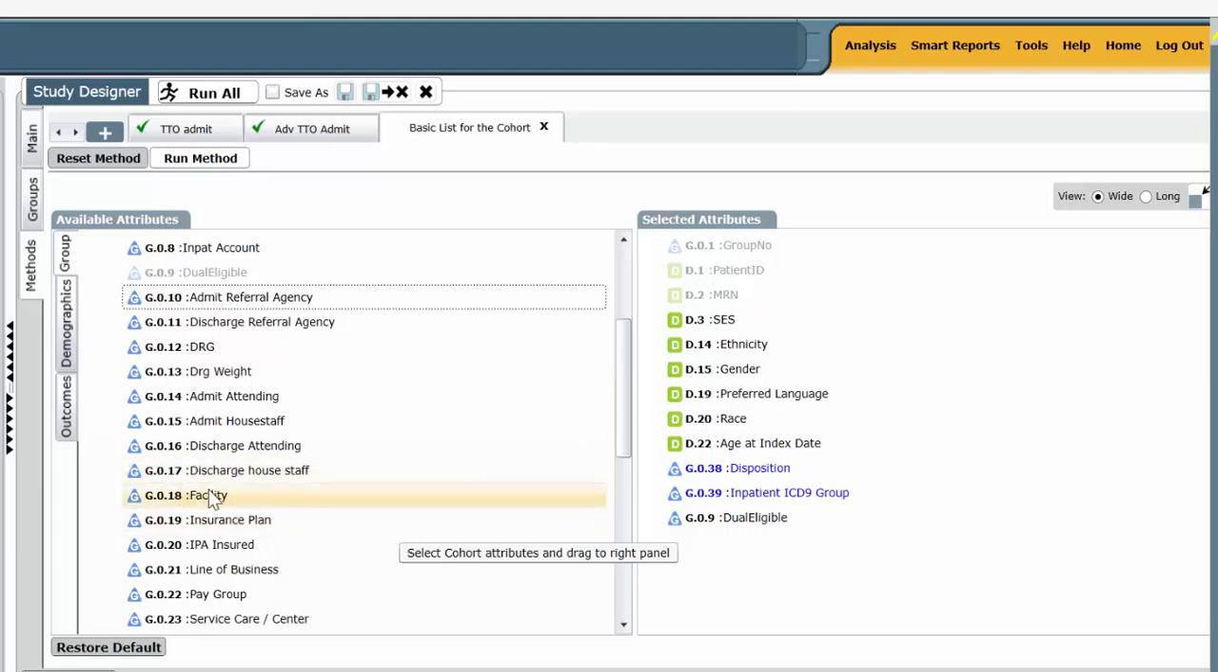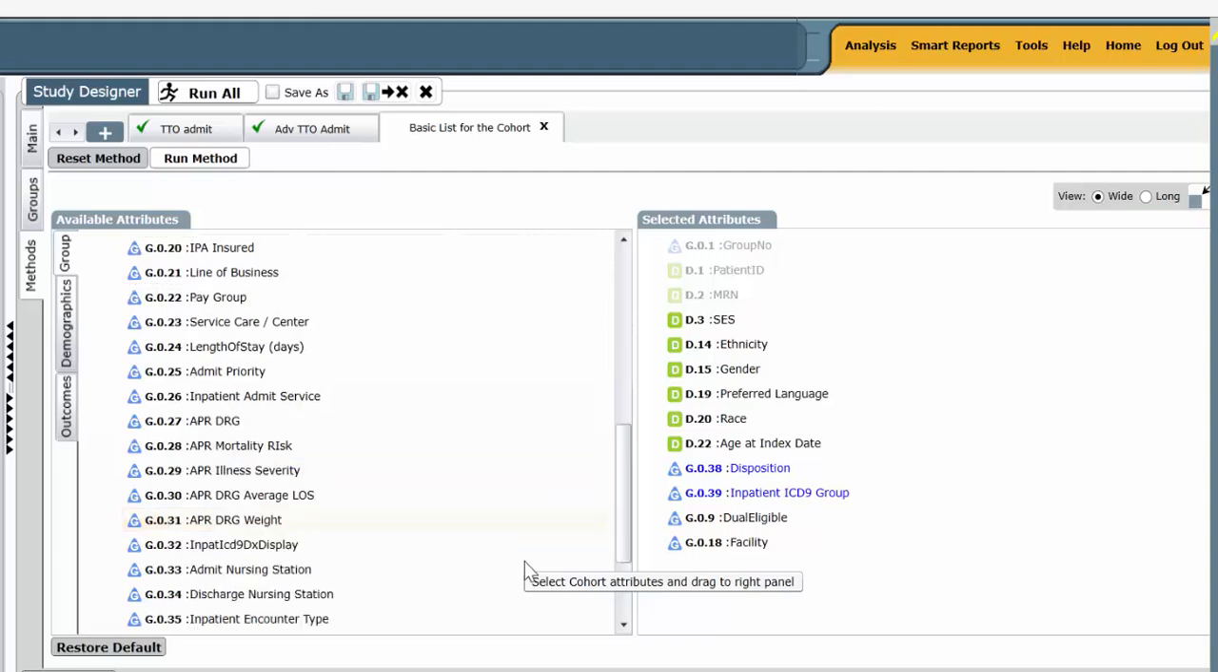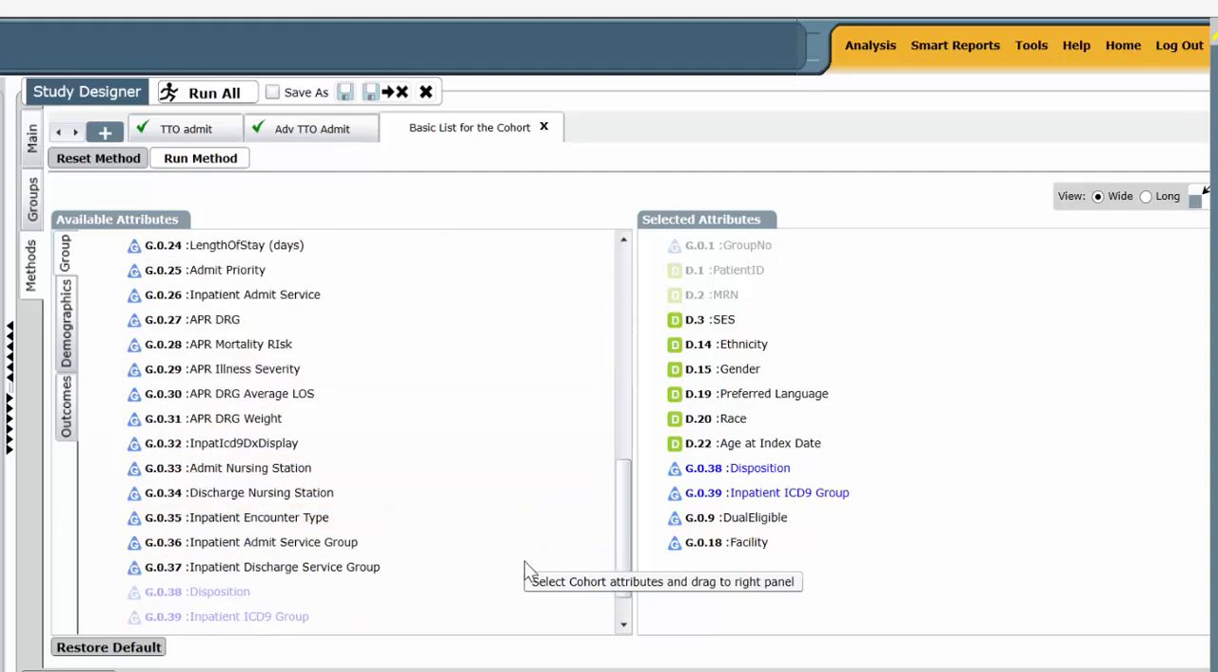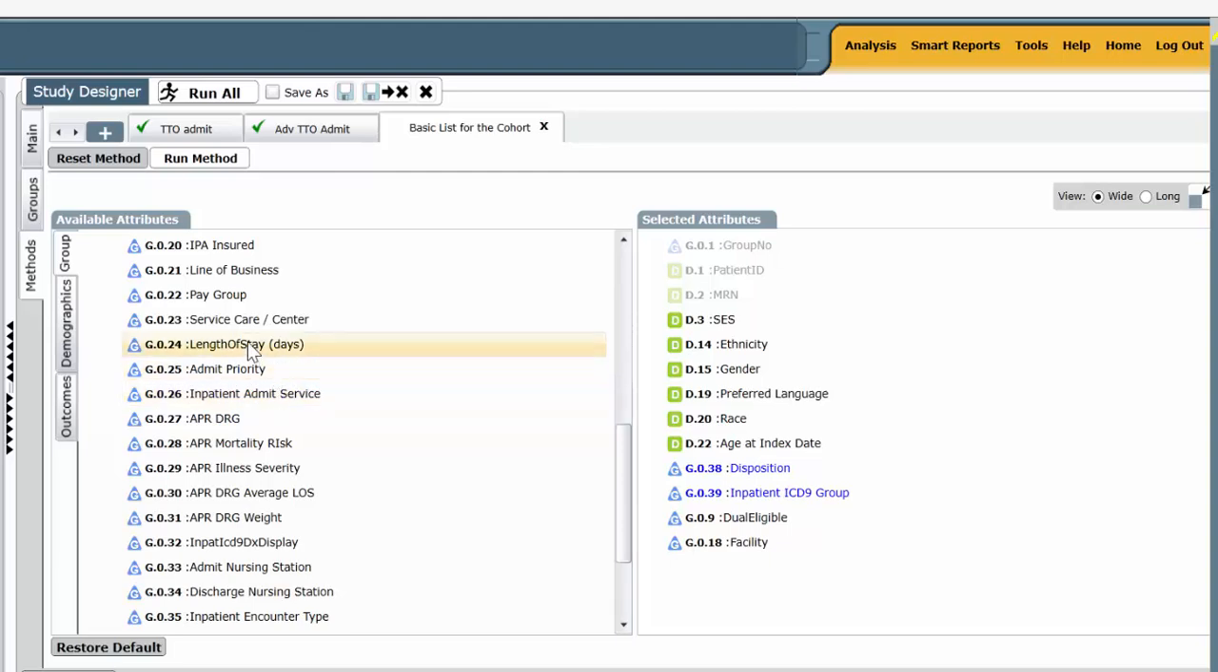We can take a look at the facility, drag that over. We can look at ICD-X display. The display will actually give us every single ICD-9 code for this hospitalization in one cell in a spreadsheet, so it can be a pretty long and thick cell, each one separated by an upward line. I'm not going to choose that because that takes up a lot of space. And then I'll take